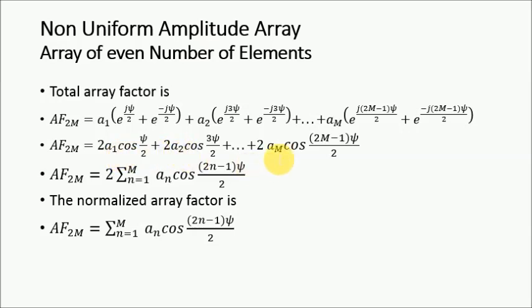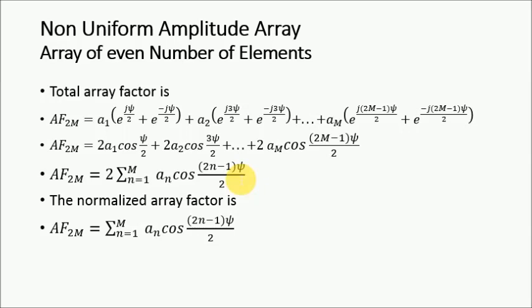am. Now we have a series here, and this series could be represented using the summation sign, and the variable I have taken here is n, so n varies from 1 to capital M, that is the total number of elements divided by 2, as the total number of elements is 2 into M. Here we have taken only M, as there is symmetry, so you can take 2 as common. This is a1, so the variable is n, so it is an, it is cos, and what we have here is (2n minus 1) divided by 2 into psi.